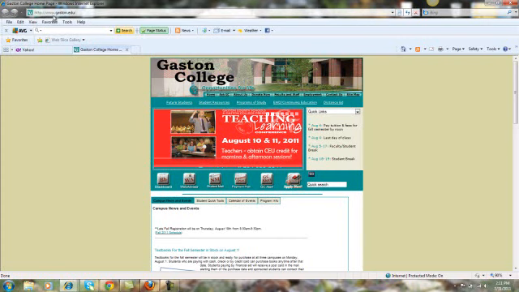This is your title bar. This is your address line where you type in your web address. These are pull down menus. These are your tabs. If you wanted to make Gaston College one of your favorites, you could click on your favorites button